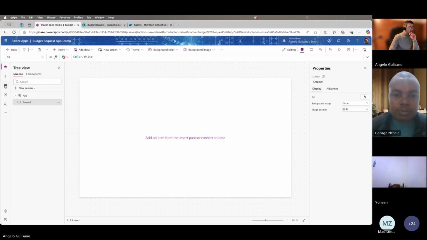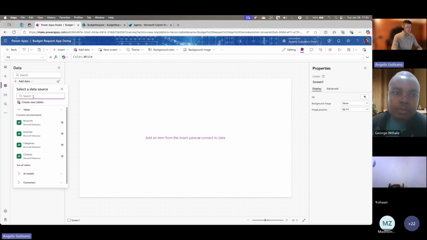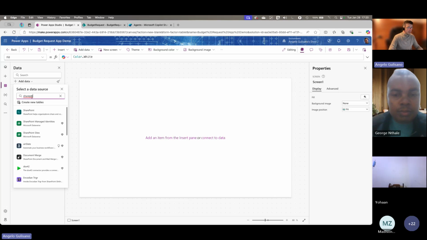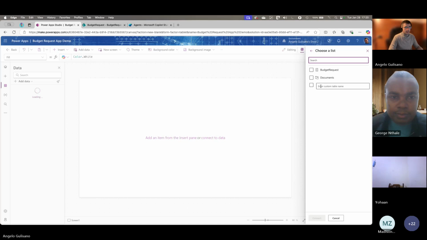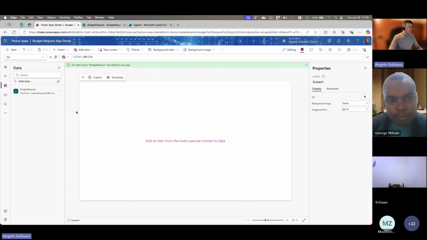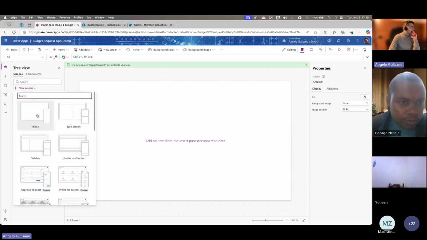So select the data, and we are going to looking for SharePoint connector and create a connection to our list budget request. Then we are going to create a new screen, sorry.